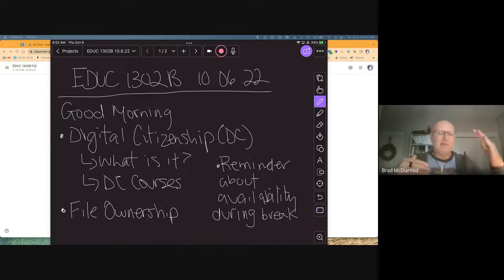So we've already talked about file ownership and how you determine who owns the file. When you submit it to Google Classroom, what happens is I become the owner of, let's use your lesson plan template as an example. I become temporary owner of your lesson plan template. What that means is that when you open it, and I'm not marking it as quickly as you want it marked, and it's sitting in Google Classroom and I haven't marked it,